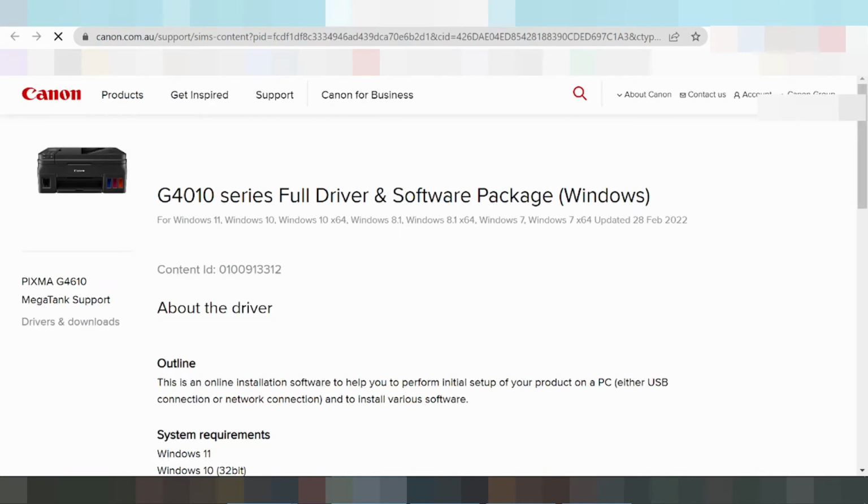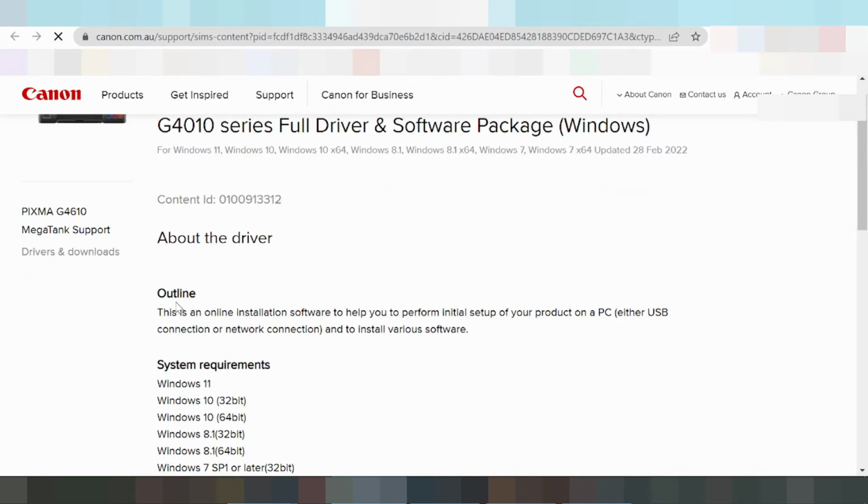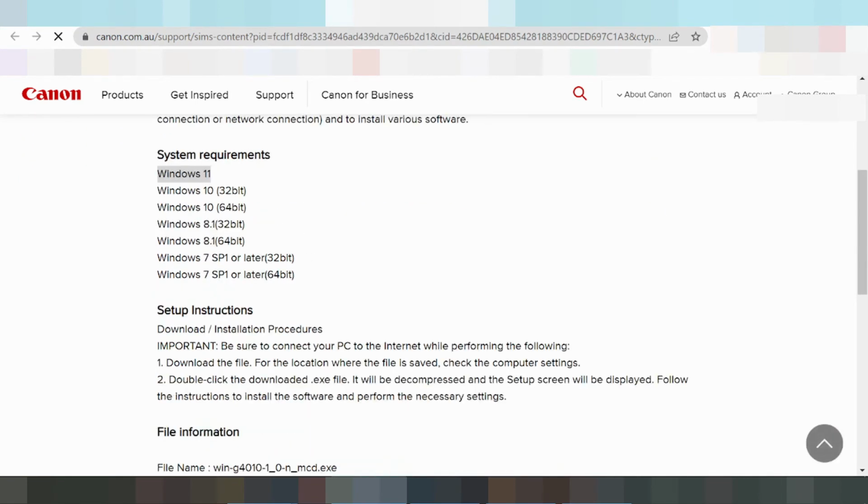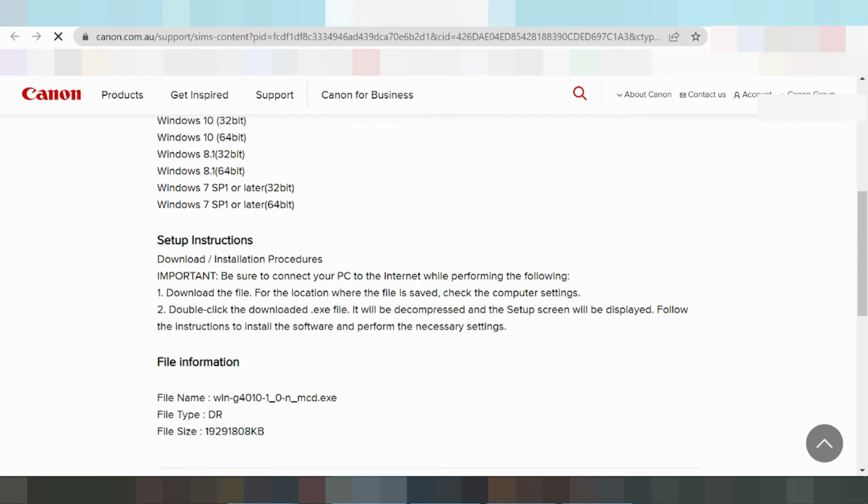Click here for Windows 11. This here is the outline. This here is the operating system requirement, for Windows 11. And this here is the setup instruction, step one. Download the file. Look for the location where the file is saved, and you click the computer setting, and you double click the file you downloaded,